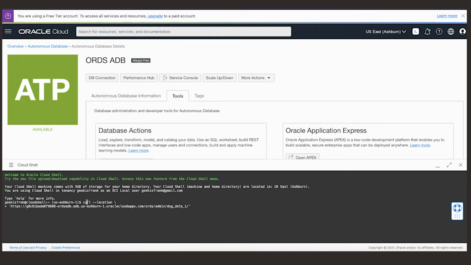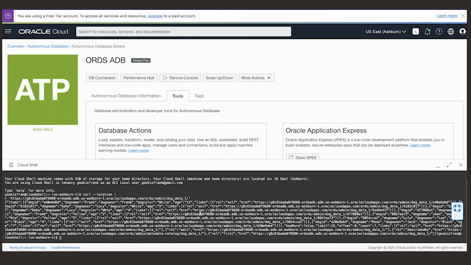If I paste in the curl command that I copied from the SQL Developer web page and then press enter, that's basically a get-all function. And then you can see all the data that we previously imported into our database, in a JSON preview.